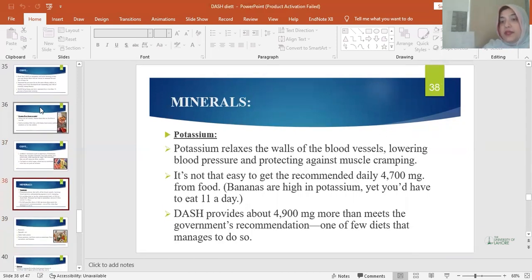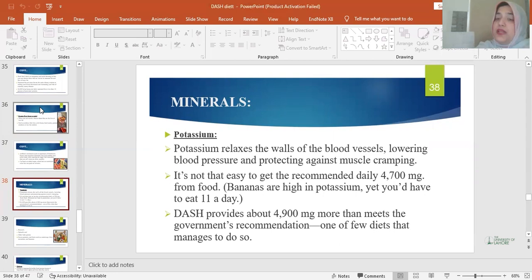Let's have a look at the mineral content. A few minerals are very important in lowering blood pressure. Number one mineral that we are going to discuss is potassium. Potassium relaxes the walls of the blood vessels, lowering blood pressure and protecting against muscle cramping. It is not easy to get the recommended daily amount, that is 4700 mg per day, but it is very important to lower the sodium levels